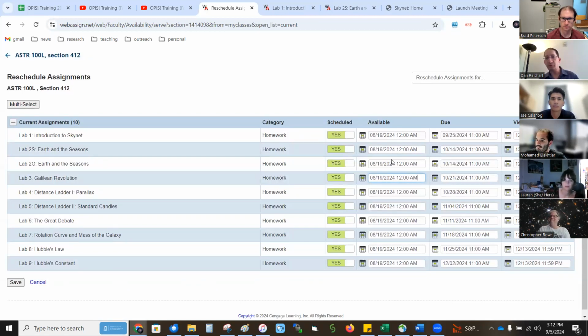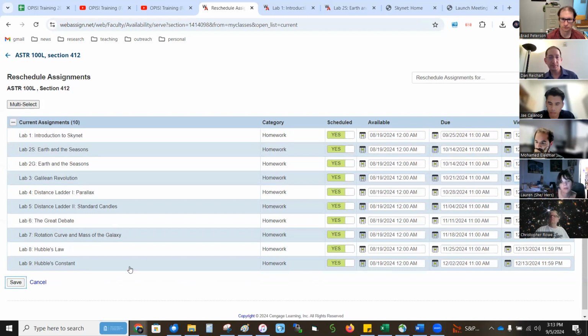I used to do a staggered release, but they do have to put in observations well ahead of time, as we'll talk about. And so it's useful for them to be able to see the lab, future labs in advance. So I just have them all there. The due dates, you'll want to modify those to your own schedule. Again, not everyone uses every lab, so you can turn off a whole bunch of these if you want. And view until, I usually have this the last day of the semester.